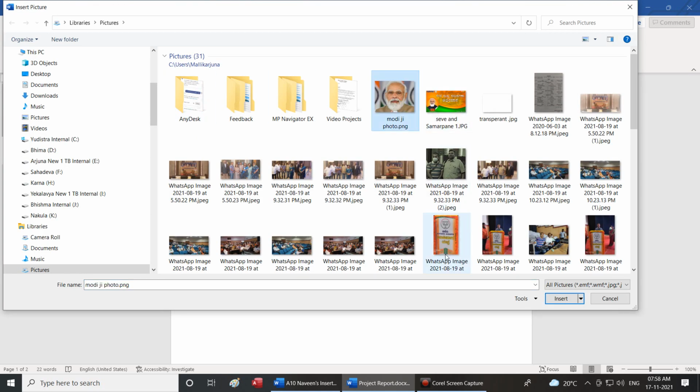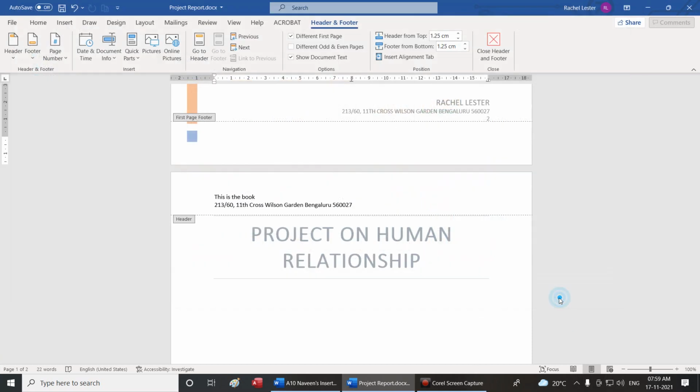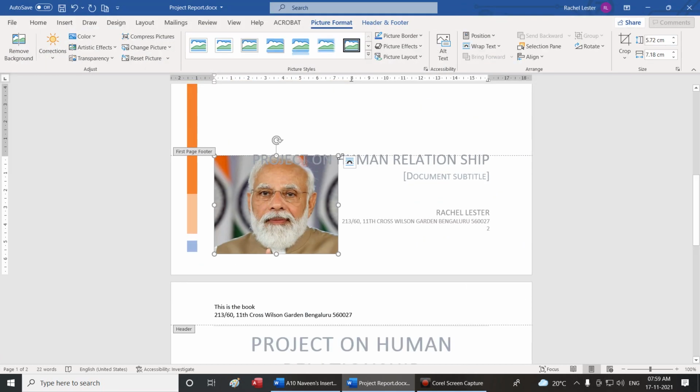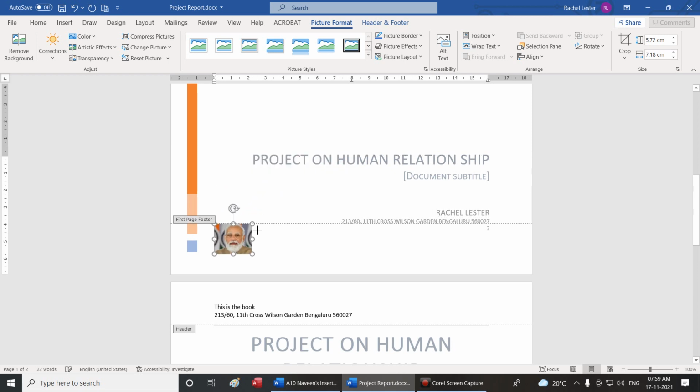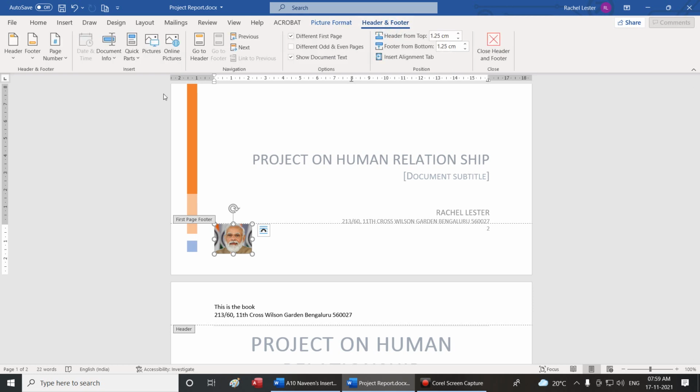I can insert pictures. I'm inserting this picture. I've already shown this, but still in the footer or in the header. Then you can go to picture format and you can start doing other formatting of pictures. Now we will again go to header and footer. Pictures is over. Next option is online pictures.